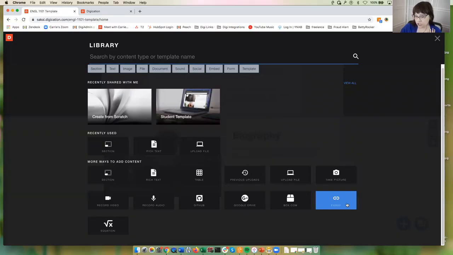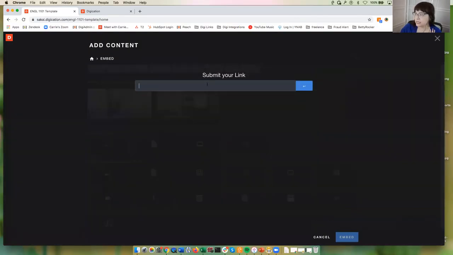The embed option over here, this is where YouTube links would go. It will embed a video, Vimeo links, any video embed technology that uses what's called OAuth typically works with Digication. YouTube is obviously going to be the one that people use the most. If you have something that you want to embed in Digication that doesn't work, you can always check with us and I can either help you figure it out or we can put it on our list of things that we'd like to get embedded. But generally speaking,